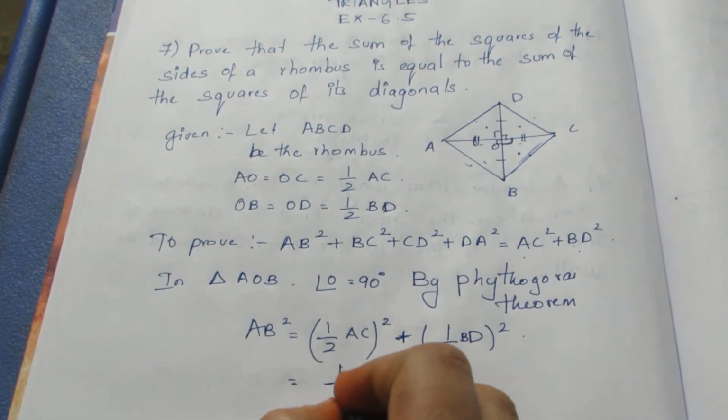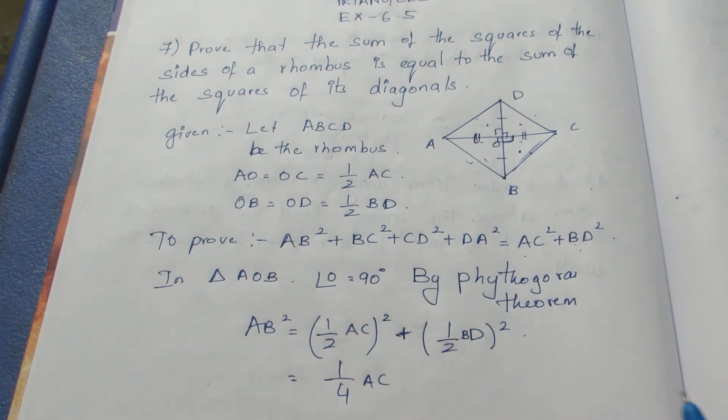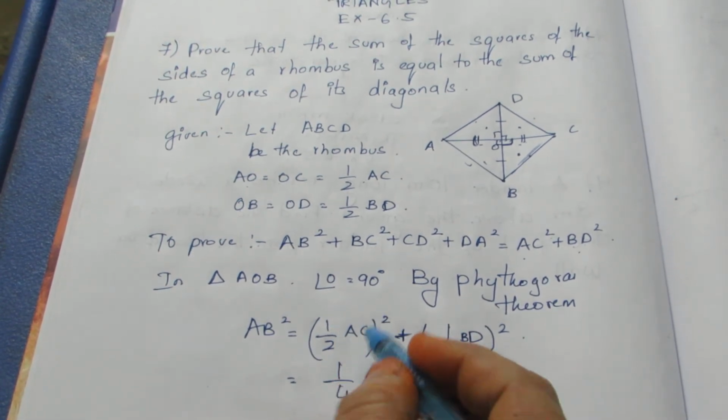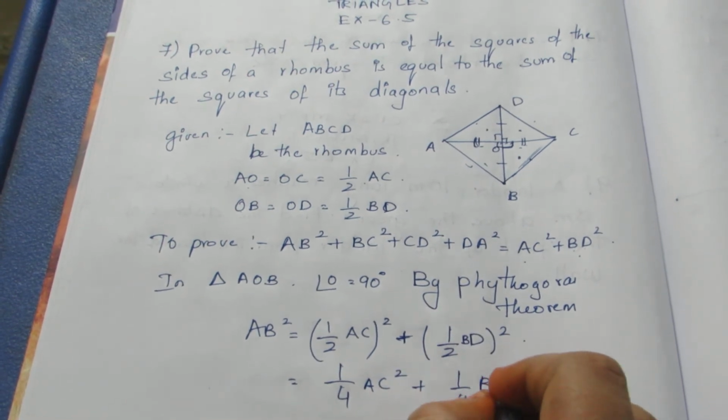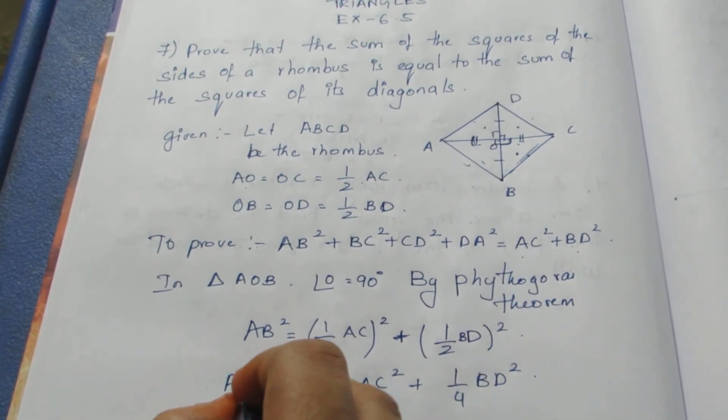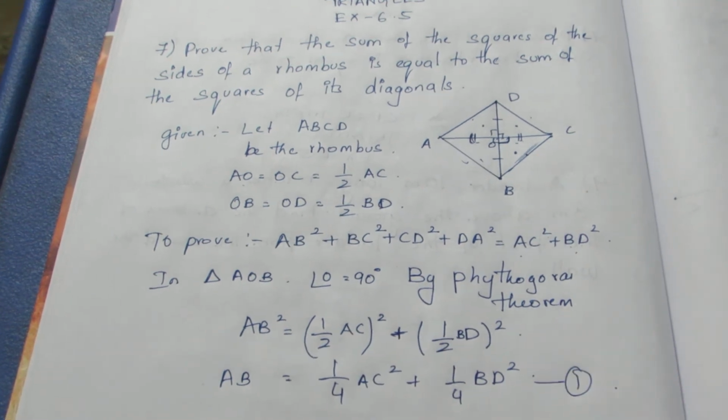This becomes 1 by 4 AC square, since if we square all the terms, 1 square is 1 and 2 square is 4. Similarly, here 1 by 4 BD square. Let me take this as equation 1. The same way,